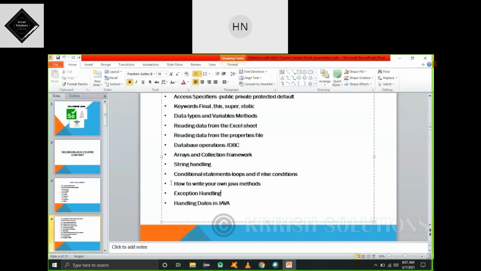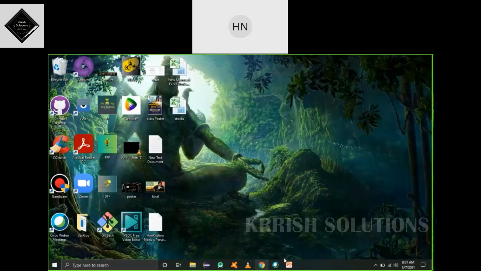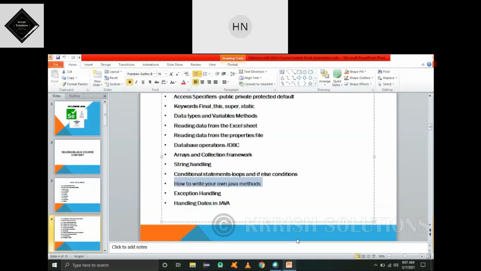This is the main topic. Whenever you are developing any Selenium script or any program in Java, you will develop specific methods. Based upon your requirement and purpose, you will develop your user defined functions. There are two types of methods in Java.